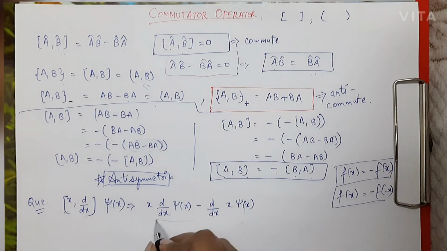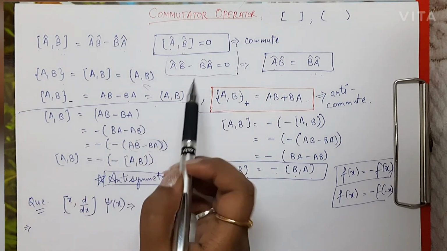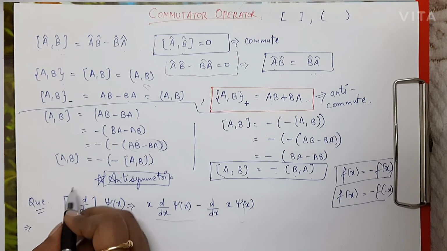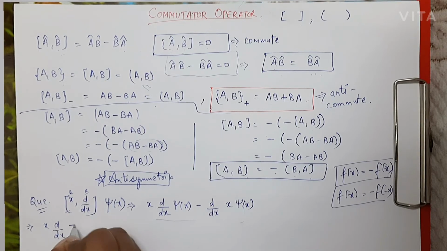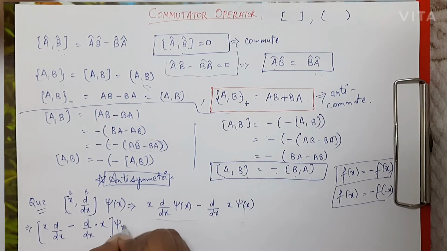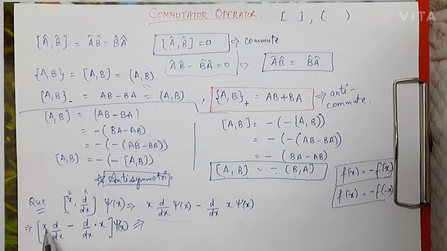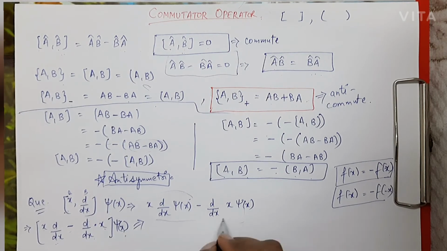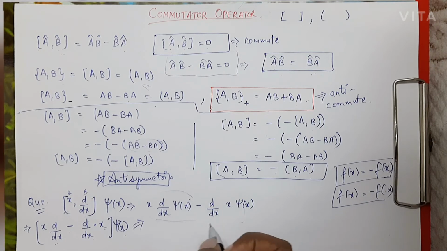If you are not able to understand this step, then I can write down one more step before this step. The commutation of a and b will be ab minus ba. Suppose this is a and this is b, so it will be a b minus b a whole multiplied by psi x, right? Now if we take psi x inside this bracket, then it will be x into d by dx of psi x, this one, minus d by dx of x into psi x, this one. Okay, so from here you can go here,